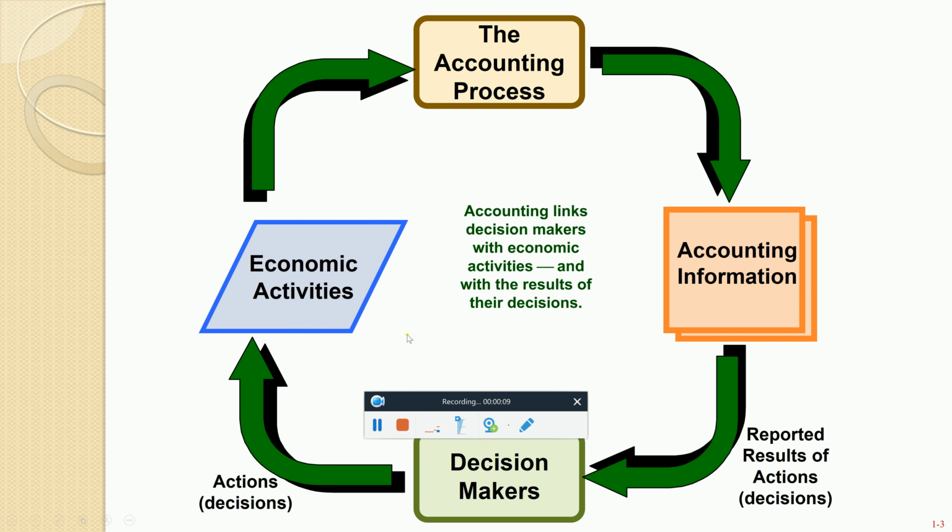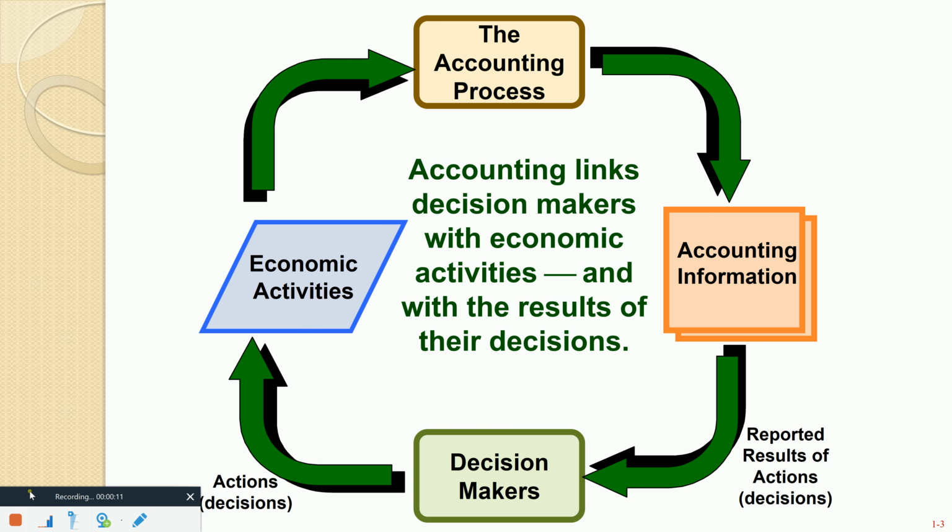Okay, so what we're going to talk about here in Chapter 1 is just the basics of what financial accounting is all about. One of the first things that we're going to talk about in this chapter is the accounting process. Basically, the accounting process is taking all of the financial business transactions and recording them in a set of books and records. And there are formal names for all of these various books and records that we will learn along the way.